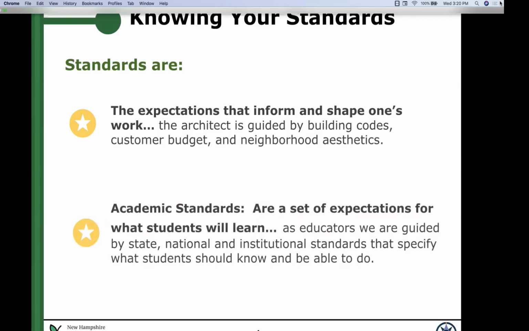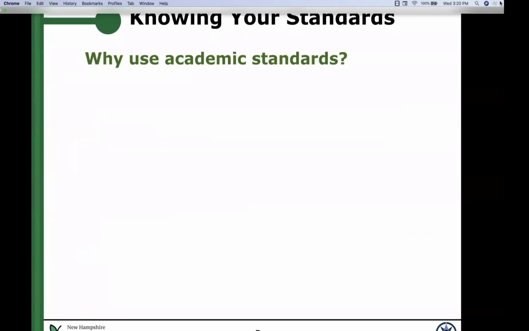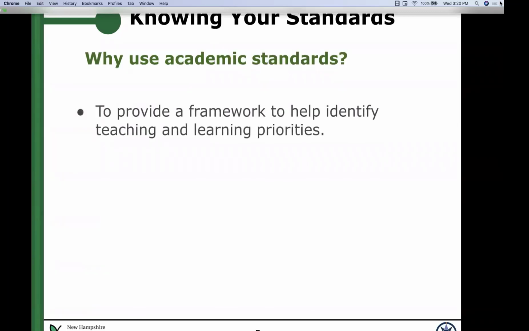We do, in the state of New Hampshire, abide by the national Common Core standards. I know that some specific districts have a little bit of a derivative of that, but for the most part, they all are based on the Common Core, and it's what you think students should be able to do in their classrooms. So it's actually not even what you think, it is what has been decided upon by the powers that be, right?